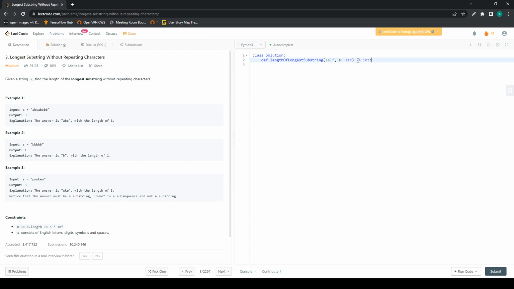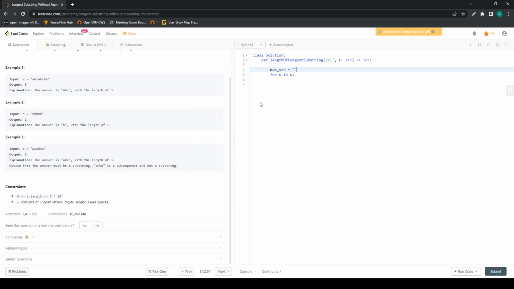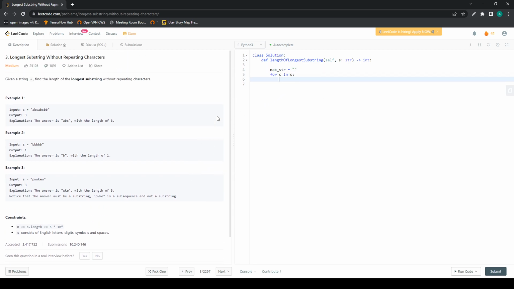So let's implement that first. We have a max str. Initially it is equal to empty, and then for every character in s, this is the point that we want to see if the character is in max str or not. So one way, the simple way that comes to mind is to check max str dot find the character in,